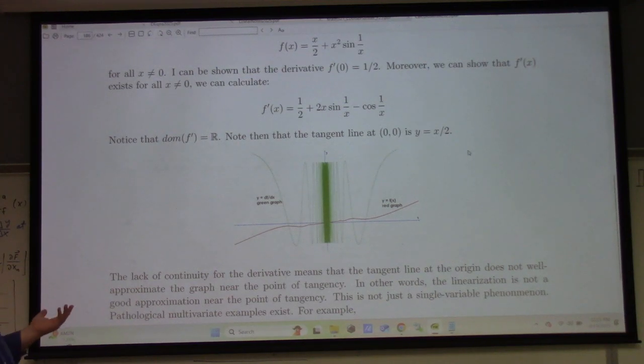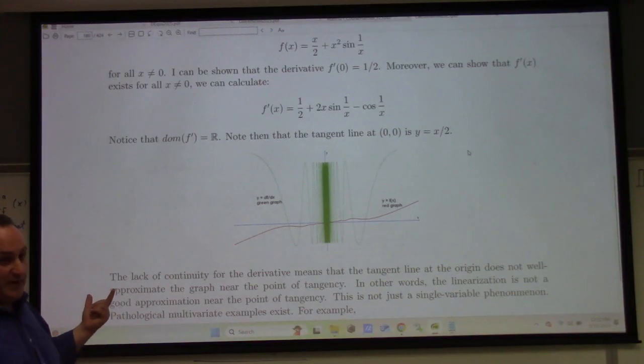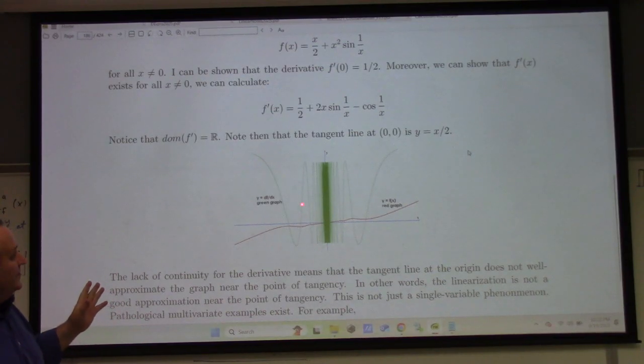This is the standard example of a graph of a function which is not continuously differentiable. Here, the red is a function whose derivative exists everywhere. In fact, the derivative at 0 is equal to 1/2, right? But that derivative function, even though it exists everywhere, is not continuous everywhere,